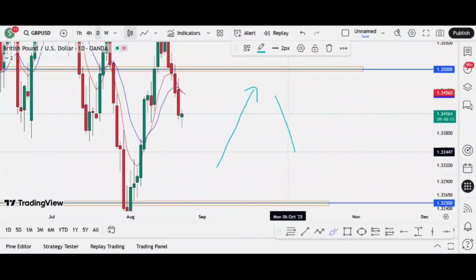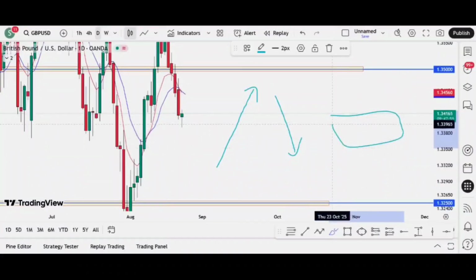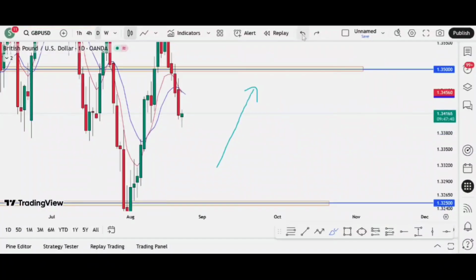And the second one is downtrend. It means here price keeps making lower highs and lower lows. Here traders look for selling opportunities, and it is also called bearish trend. And the last one is sideways trend. Here the price is not moving much up, not much down. It's moving in this way. I also look for opportunities to buy when the trend is up and sell when the trend is down.